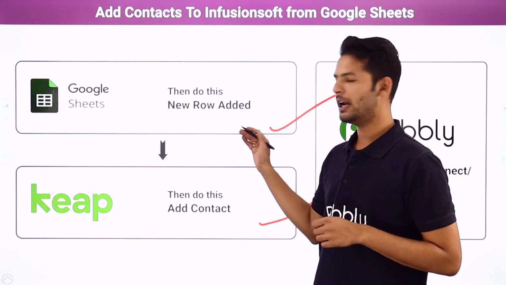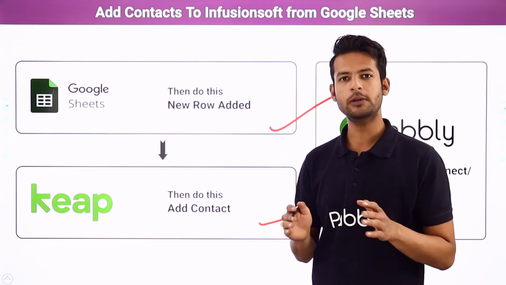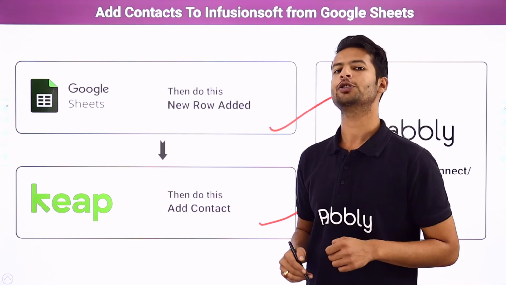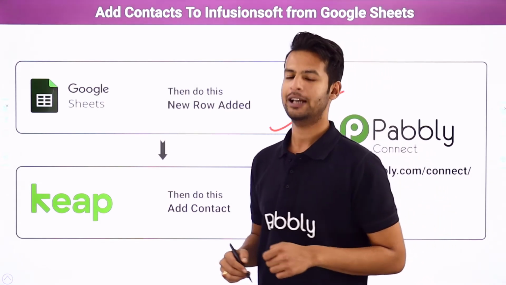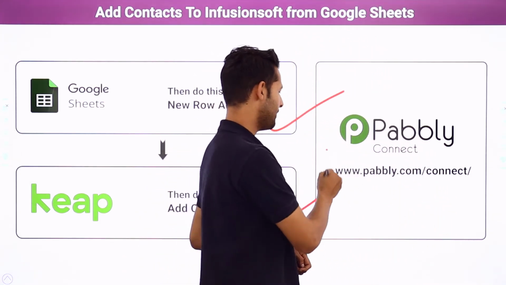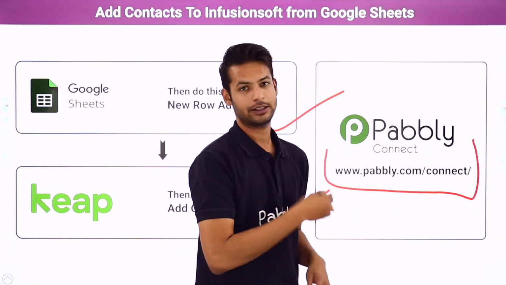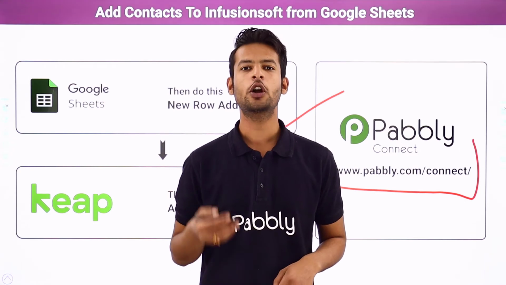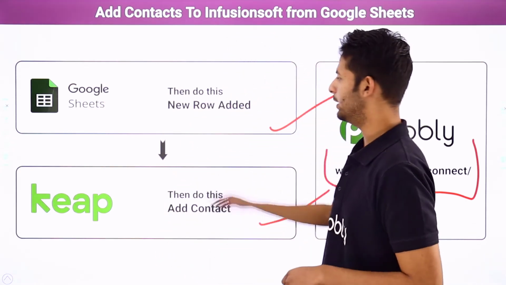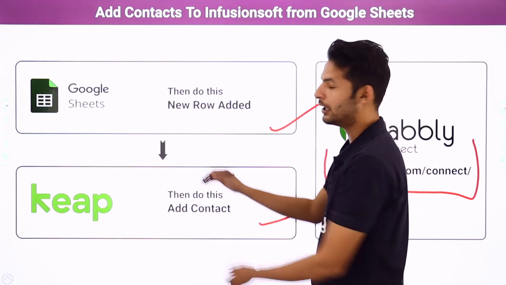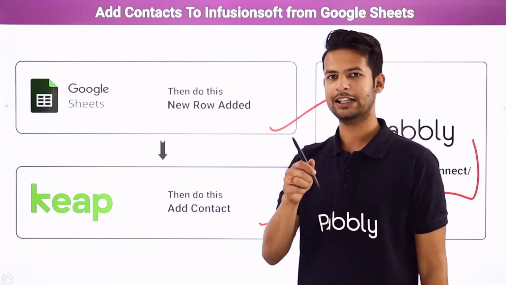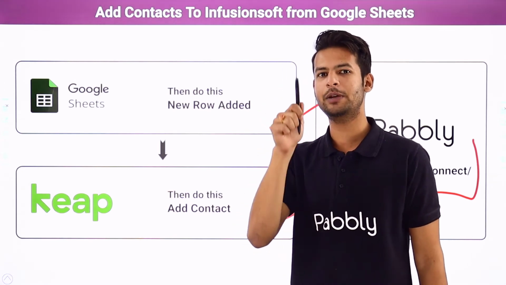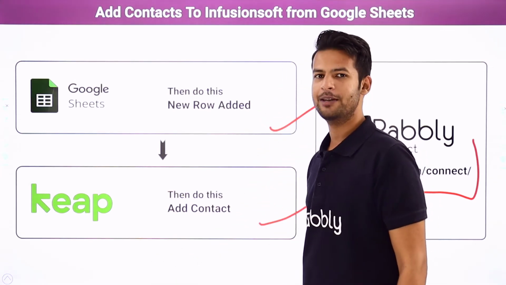But here I have to face one more problem. The problem is there is no direct link or integration between these two applications. So how have I performed the automation? Let me tell you, with the help of Pabbly Connect. Now you people will say, what is Pabbly Connect? Pabbly Connect is an integration and automation software. It will help us to link both of these applications together so that every time we enter the details of our new lead in our spreadsheet, automatically the same details will be added as a new contact in our Keap account.